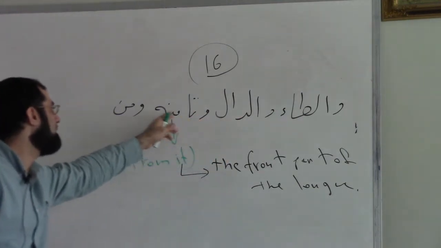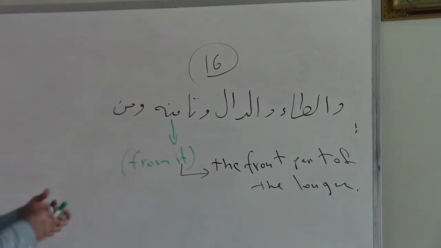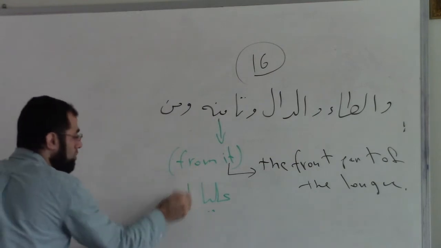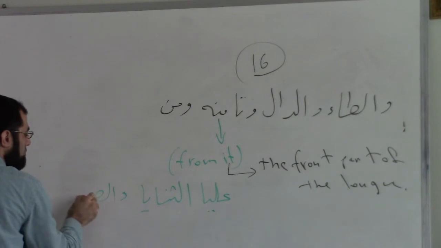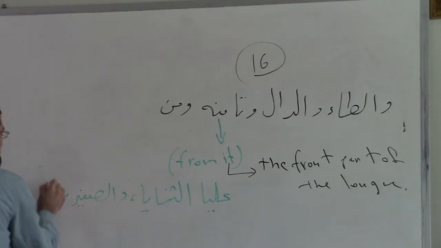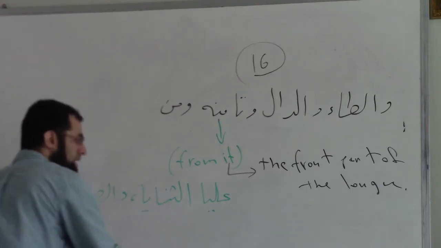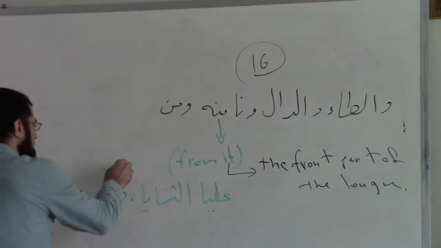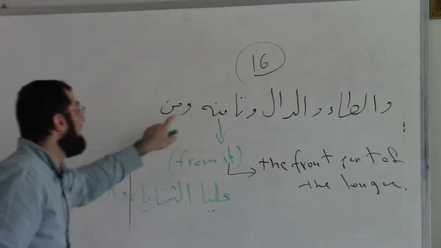وَالطَّاءُ وَالدَّالُ وَتَا مِنْهُ وَمِنْ. From it and from. وَمِنْ what? عُلْيَ الثَّنَايَا. Then he says what? وَالصَّفِيرُ مُسْتَكِنٌ. So until here, he's done with the ta and the dal and the ta. From it and from